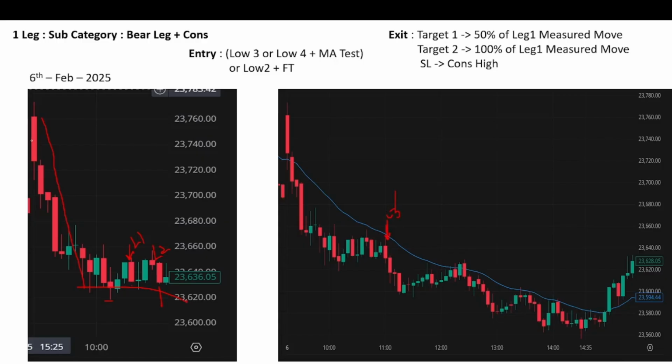So this is the low of the day and it is consolidating. This is the first attempt, which is low 1. This is the second attempt, which is low 2, and that also failed. So this is the third attempt, that is low 3. If this also fails to go lower, the fourth attempt is low 4, and so on.